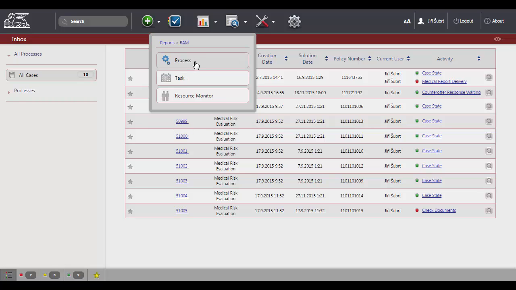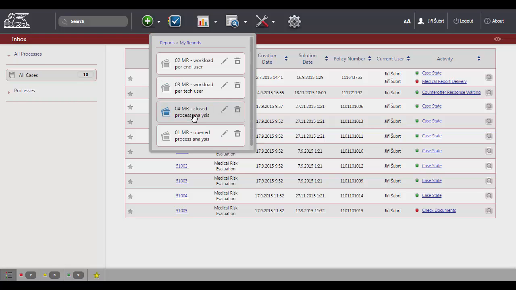In both instances, BAM and analytics, we have reports at process level and individual task level. Okay, process and task level. So let's have a look at the first report. As a manager, I have predefined reports, so let me show some examples. I select the first predefined report,